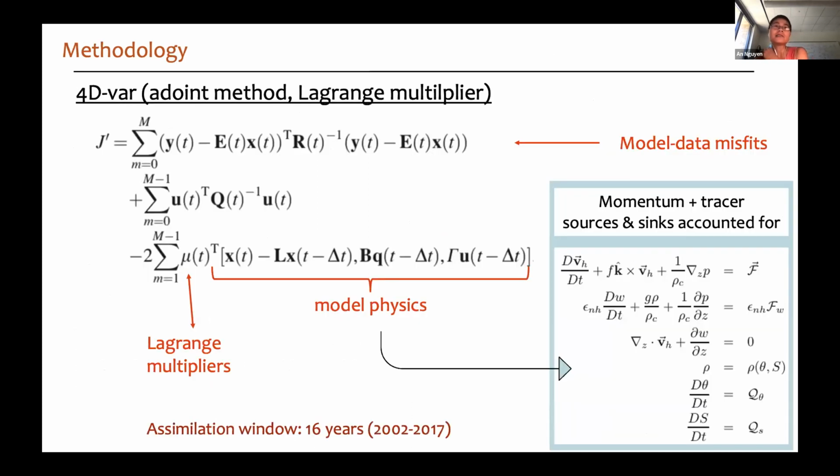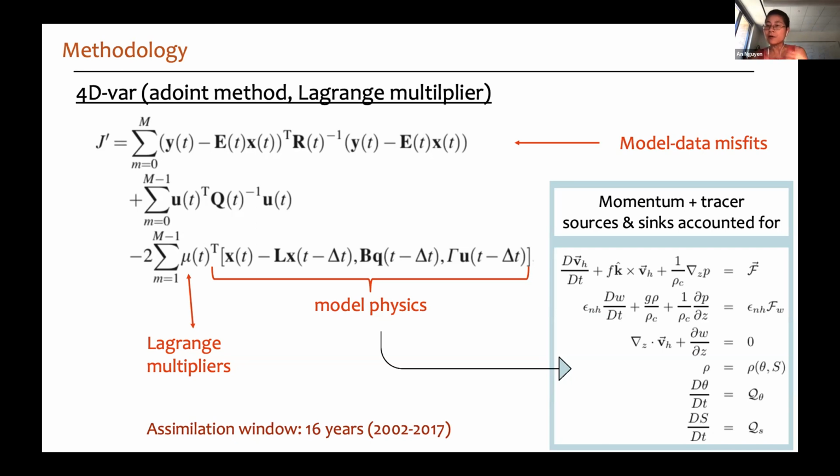And I want to cover the methodology very quickly, just to also explain the difference, because Jim had mentioned that earlier as well, the difference between how we approach doing the estimation. So we use 4D-Var with a very long assimilation window of 16 years as the approach. And typically what this entails is you develop a functional form of a data model misfit, which is depicted here with a J prime function. The first row essentially just captures all of the data model misfit through the entire time span of the model run. And then the second row is sort of a typical